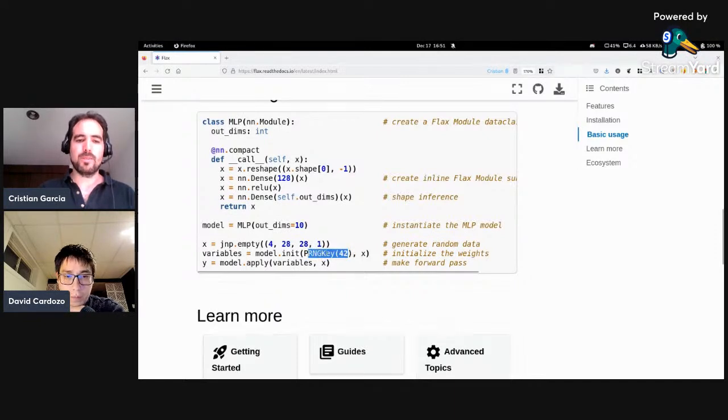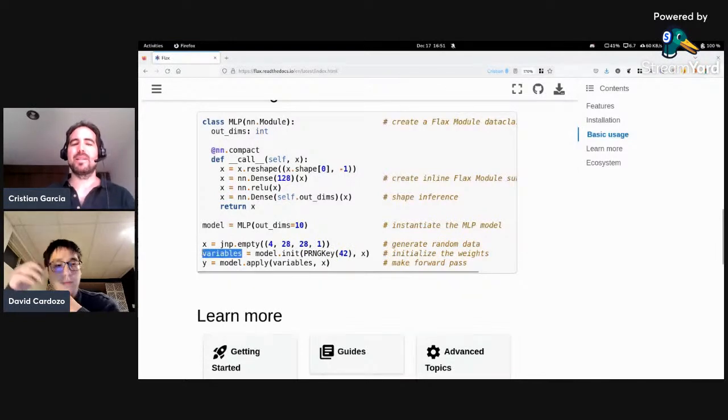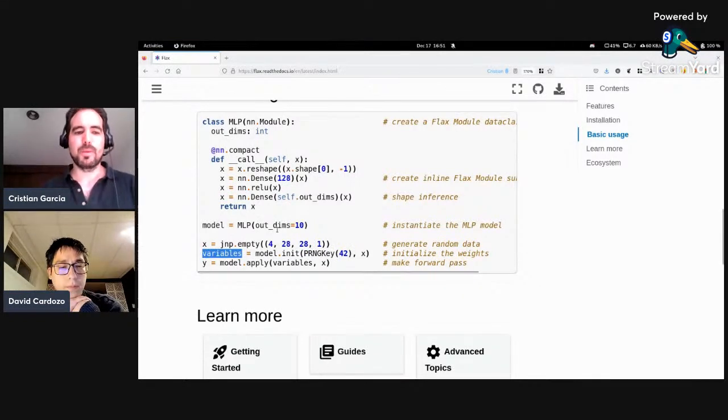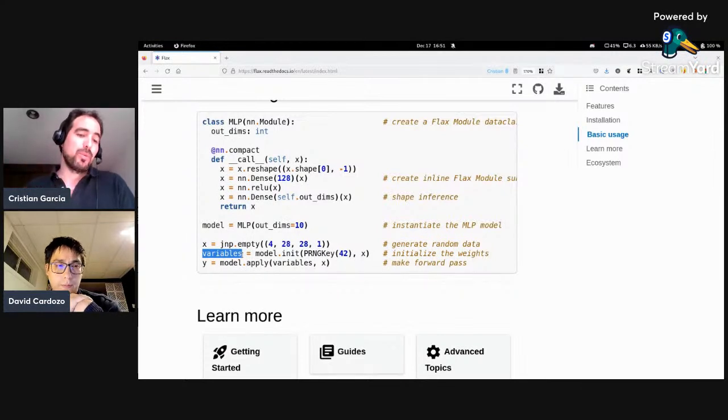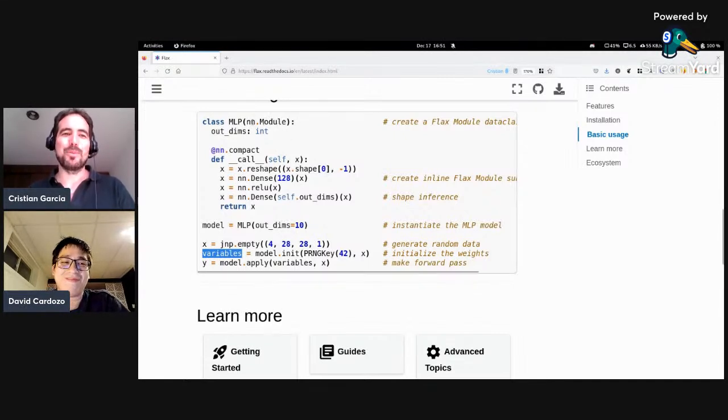Yeah, that would be this part, the PRNG. But the module system itself behaves stateless, so the variables are kept outside. I think that is the biggest difference with what you get from maybe PyTorch and Keras. There are ways, for example, Equinox, where the module is like a PyTree, and also tricks which don't use it. I created that one, but